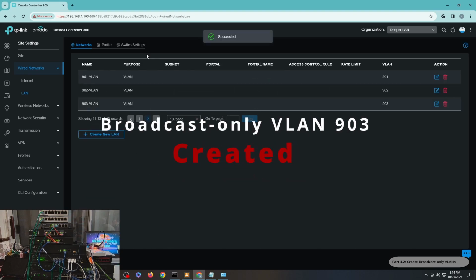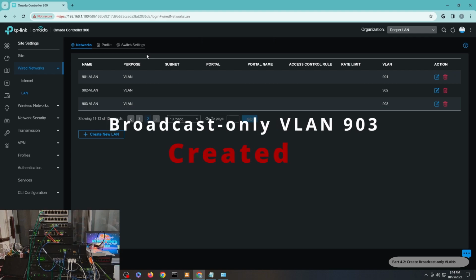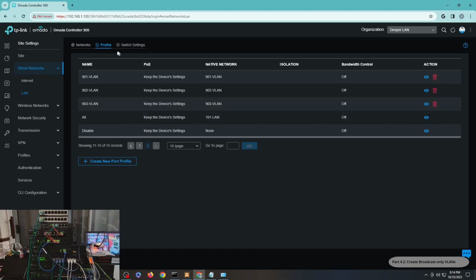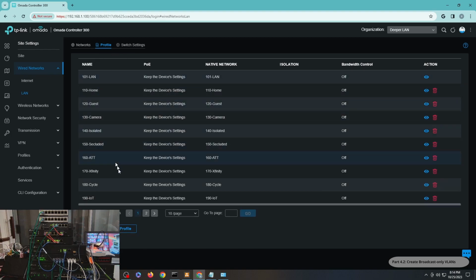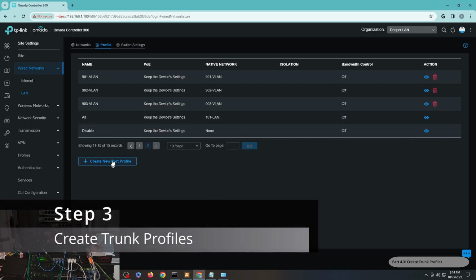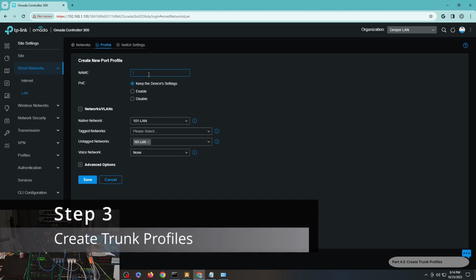Now I need to create the trunks with their memberships. So go to Profile, and you will see all the profiles in here based on your currently existing networks, plus the TP-Link's All and TP-Link's Disable. These are TP-Link's system profiles. So I need to create 3 trunk profiles. I need to create the 901 trunk,